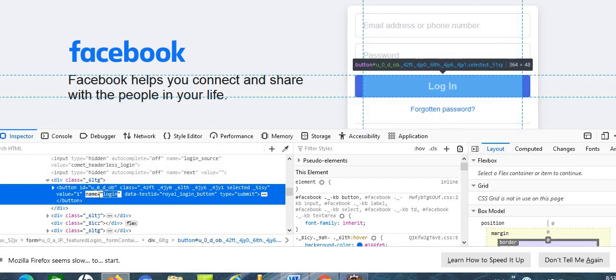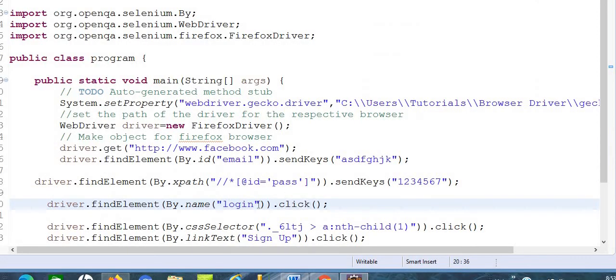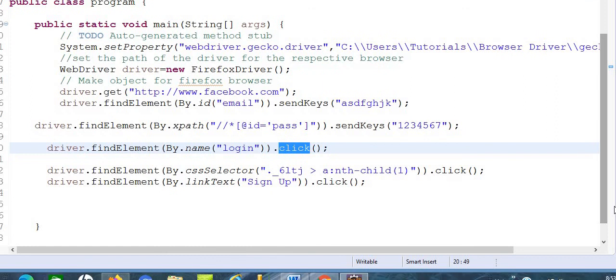So I am taking the name locator, and the name locator value is login. Just copy it and paste it here, and use the click method for clicking that login button. This is a small program but I am showing each and every locator of Selenium through it.